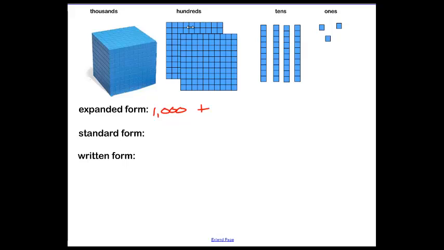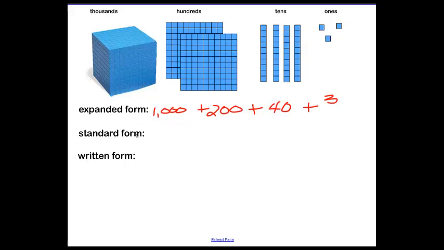plus, how many hundreds do I have? I have 2 of them. So to represent that I need to write 200 plus sticks of tens. I have 10, 20, 30, 40. That's the value. That's how much that place is worth. And then I have 3 ones. So if we go back and say this,